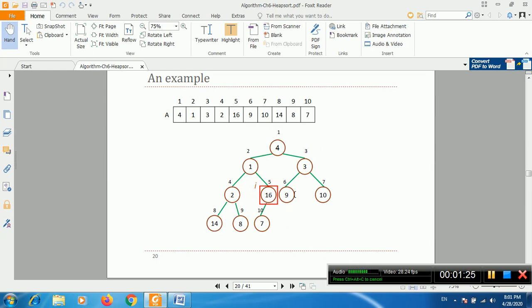the property of max heap is that every parent node should be greater than its child nodes. So we can see here node 4 is greater than node 2 and 3, which are the two child nodes of parent node 4. So here it maintains the max heapify property. Let's discuss the next steps.